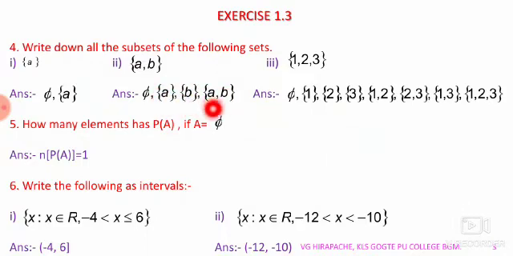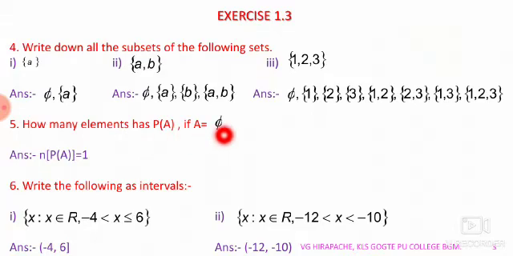It is 4. For a set with 3 elements, the number of subsets is 8. Therefore, the power set of the given set {1, 2, 3} has 8 elements. The power set of a given set containing A, B has 4 elements, and the power set of the singleton A has 2. Likewise, how many elements has P of A?